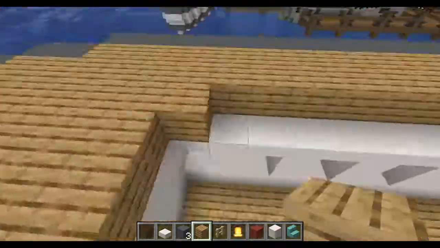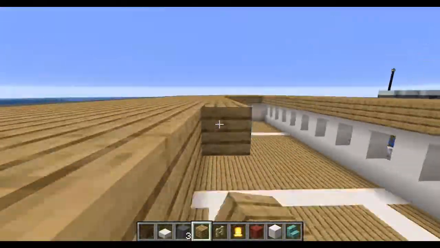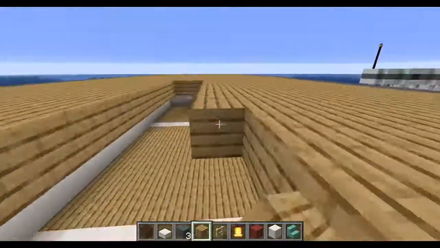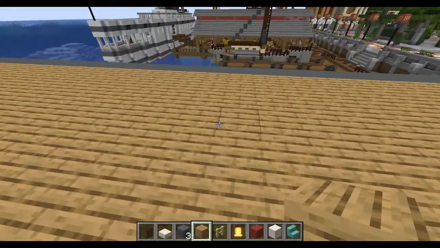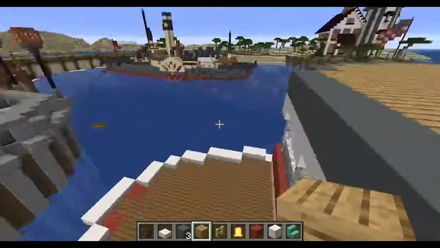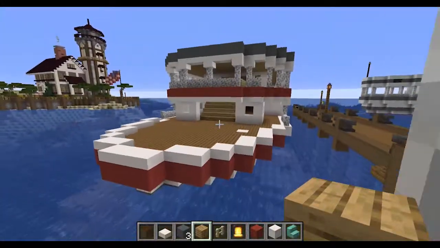There we go. All right. Cool. So we've got our second deck pretty much finished up.